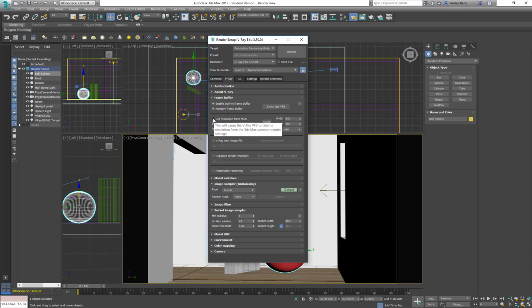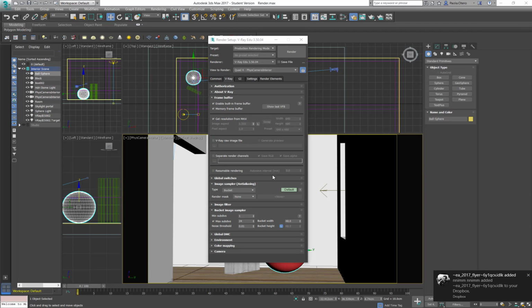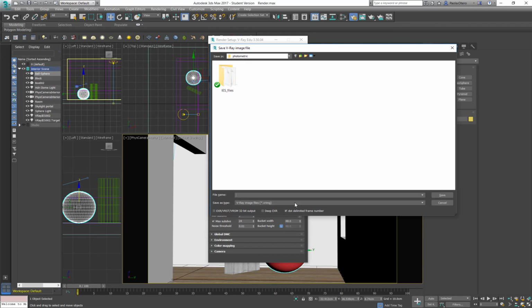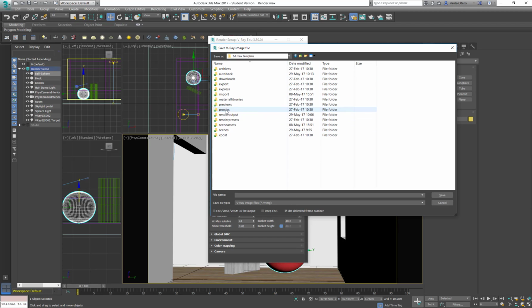So we are going to leave it on get resolution from Max for the moment. Right under this, we have two interesting checks, and it's the V-Ray raw image and the separate render channels. So the render channels are the render elements or render passes. And what I do here is that I check this, look for a place to save them, so let's say I'm just going to render it here in a scene assets folder, whatever. And by default, it uses this V-Ray image